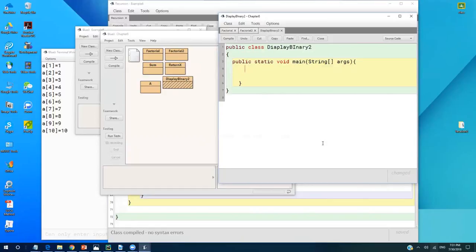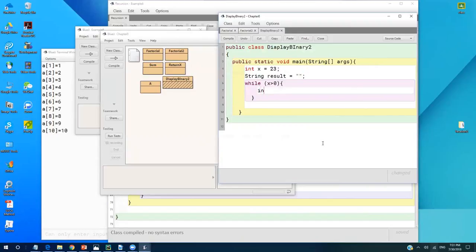So here I have an integer x equal 23, right? And then what I'll do is while x is greater than 0, right? And here I would have a string result equals empty string, okay? And then each time I have integer d equals x modulo 2, okay? And then my string result will have my result